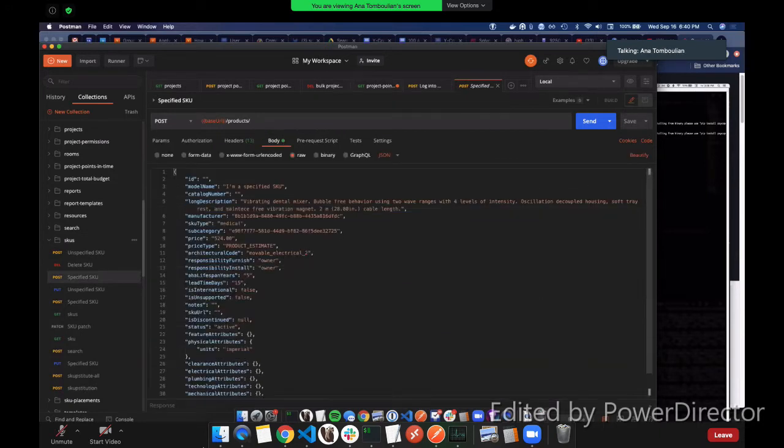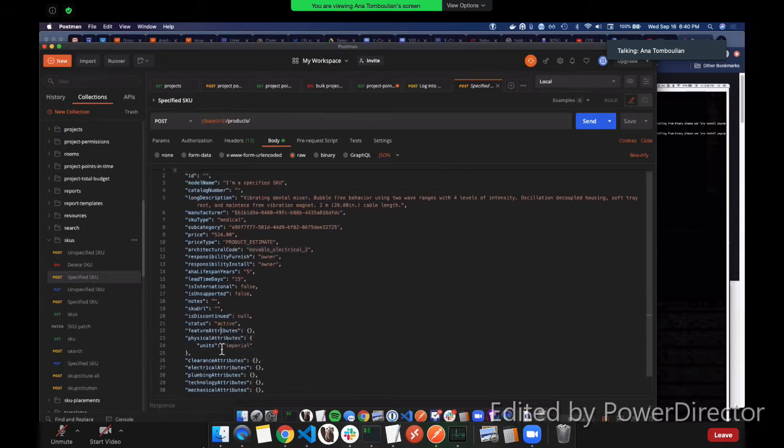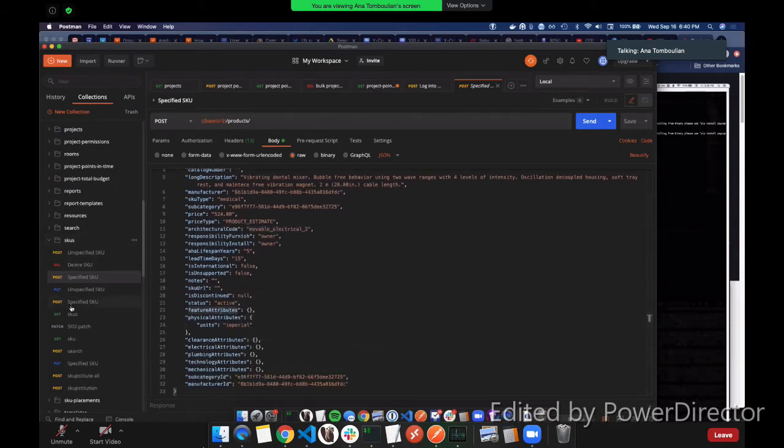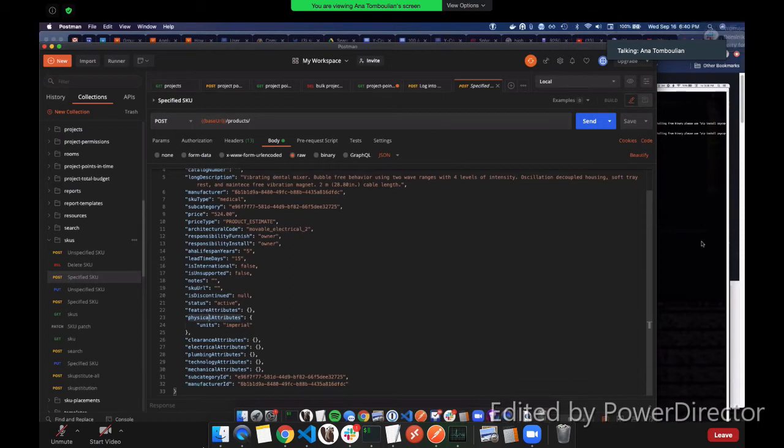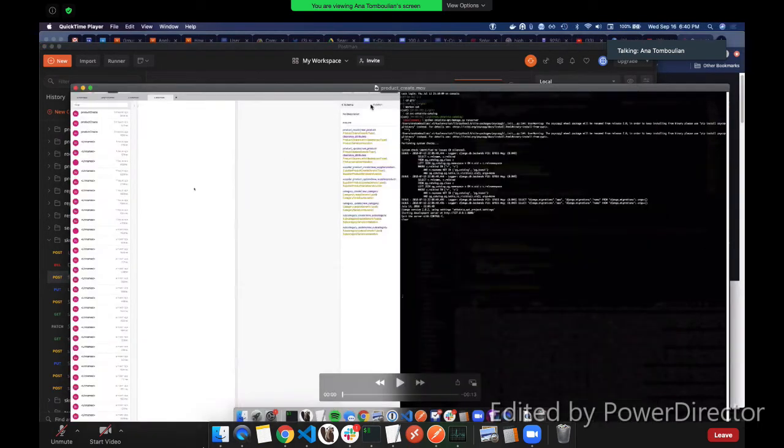I have some dummy data in here, but the model name would be like refrigerator 415 or something. And you've got the long description, the manufacturer ID, lots of different attributes to get a specified SKU. This is to create one, but you can actually use GraphQL to create resources as well. So here, without further ado, I will run this, and I wish it was larger, but look at the sheer amount of